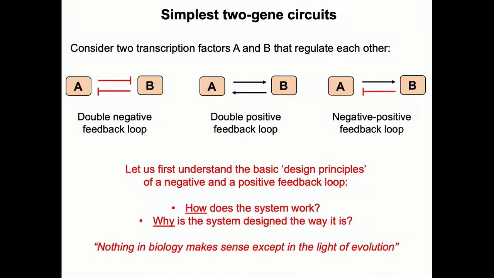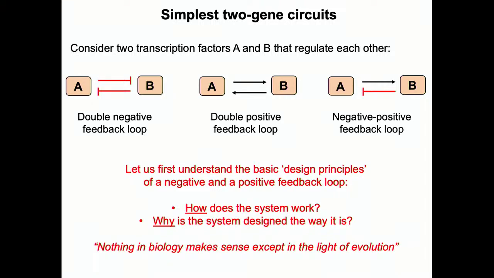Both of these are examples of positive feedback loops at the end of the day, because here the product of 2 negative interactions is a positive interaction. So A inhibits B and B inhibits A. If A is high, that will suppress B, and because B is not present, A will continue to be high. So effectively it's a positive feedback loop, and so is this case. But this is a negative feedback loop: A is increasing B, but B is repressing A, right? So that's the main difference. These both are 2 forms of positive feedback loop, and this is a negative feedback loop.